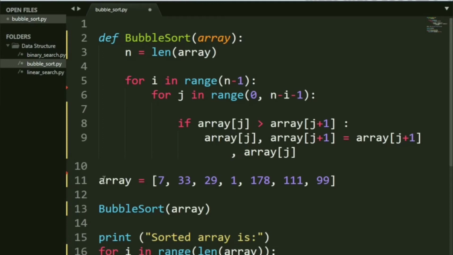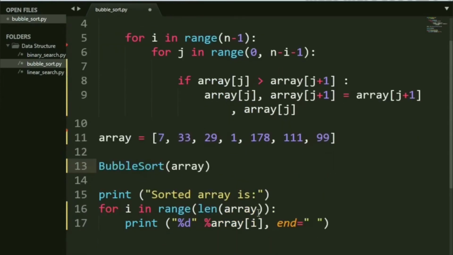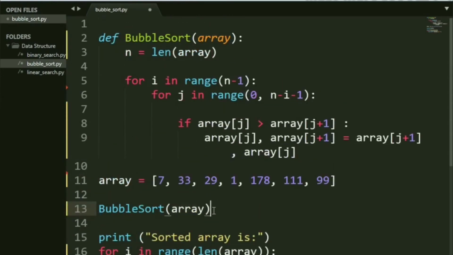Now, here's the array, a predefined one, but again, as I had mentioned, it's always advisable to take user inputs and make it a little dynamic rather than having static stuff going on. So again, you have an unsorted list and you pass the array to the bubble sort function. Now let's concentrate on the function. You firstly calculate the length of the array, because that's obviously something we'll need so as to iterate through it.